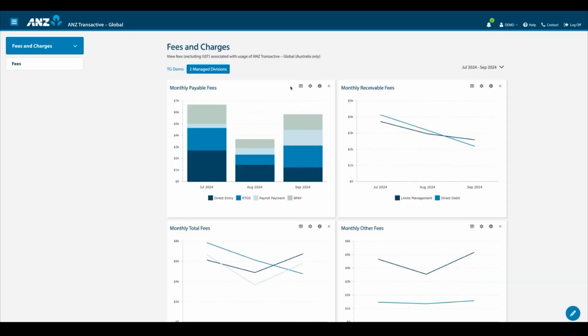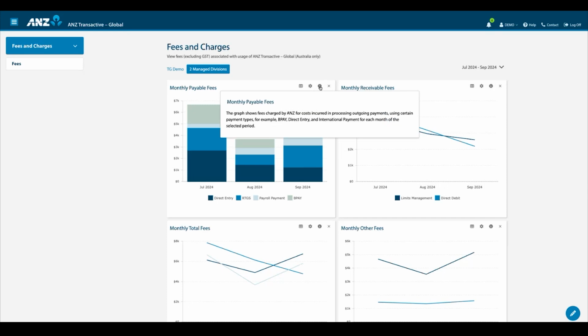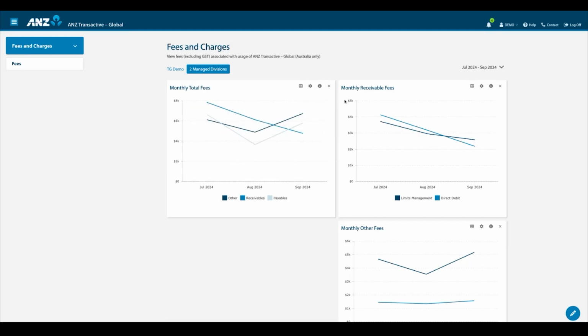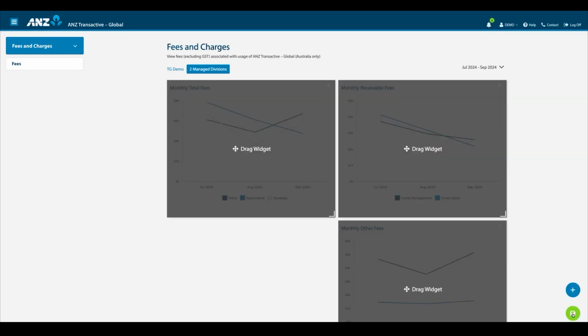Click on the information icon to provide a description of the fees included in the data. And if you click on the X icon, this will remove the widget from your dashboard. The pencil icon in the bottom right can be used to add a widget back and also rearrange or resize. For any changes you make, click Save.